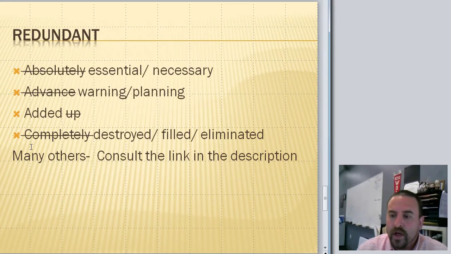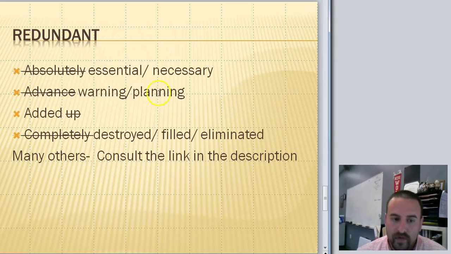Sometimes words can be redundant, and we've got to get rid of them as well. Right? So absolutely essential or absolutely necessary. Essential means the same thing as absolutely essential. This works as kind of a multiplying by 1. If you multiply something by 1, what do you have? The same thing. Right? Absolutely essential means the same thing as essential. Essential means that it is necessary, it is needed. You can't have more needed than that it is very, very much needed.